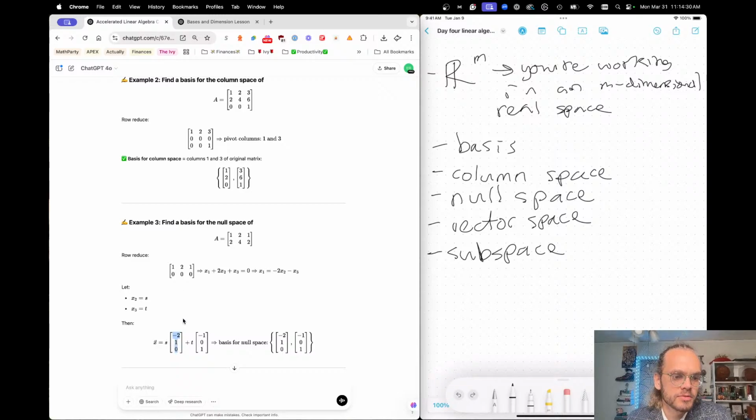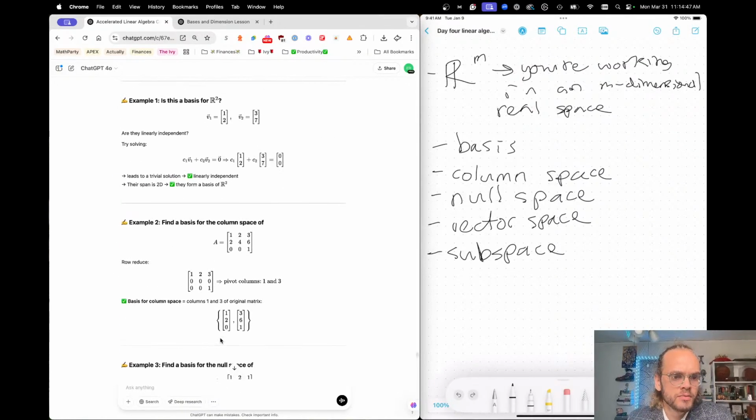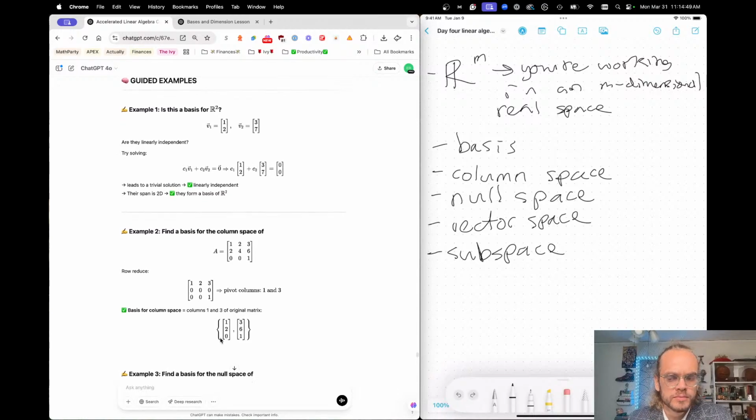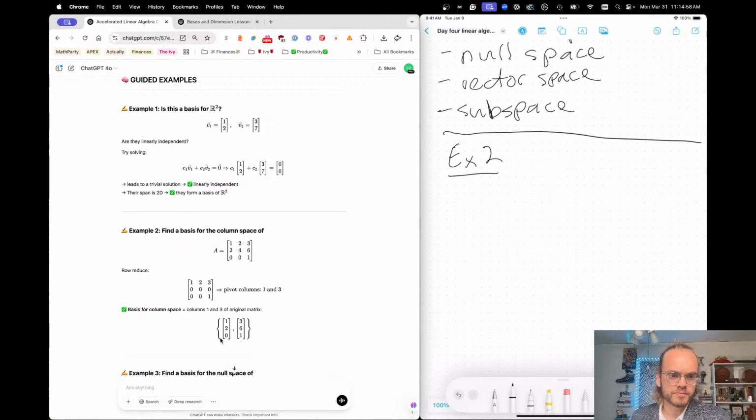So then it becomes x2 is s and x3 is t. Let me go and try example 2. I'm going to just write it out, and maybe I can make sense of it even before I look at the answer. So example 2 here is saying that